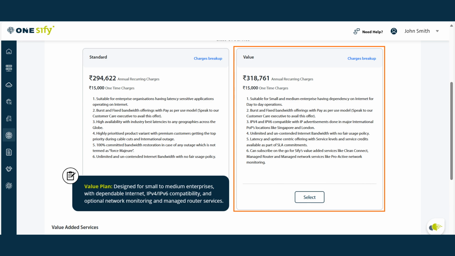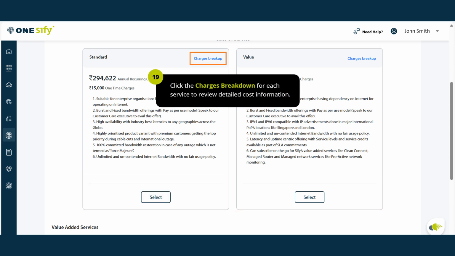The Value plan is intended for small to medium-sized enterprises, offering dependable internet for daily operations, IPv4 and IPv6 compatibility, and optional services like network monitoring and managed router services. For each service, click Charges Breakdown to view the detailed cost breakdown and review specific pricing information.